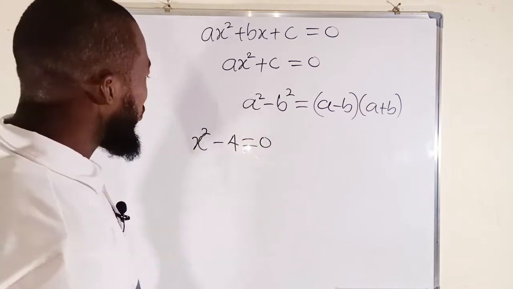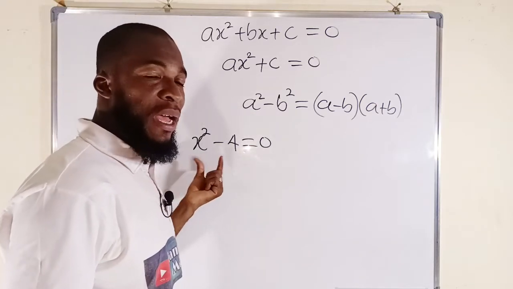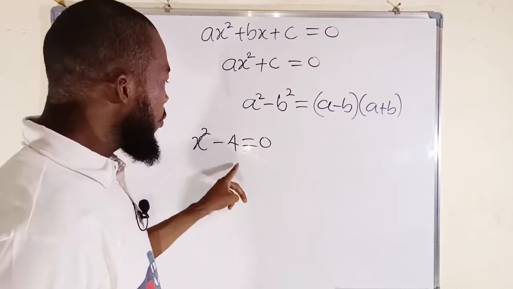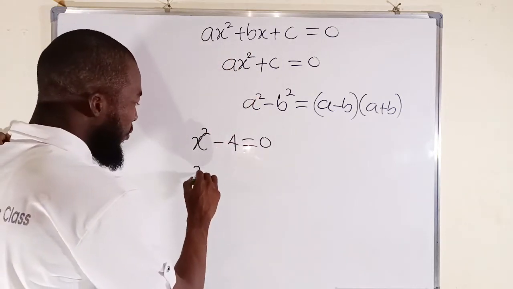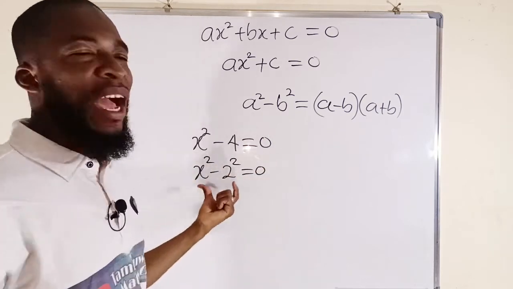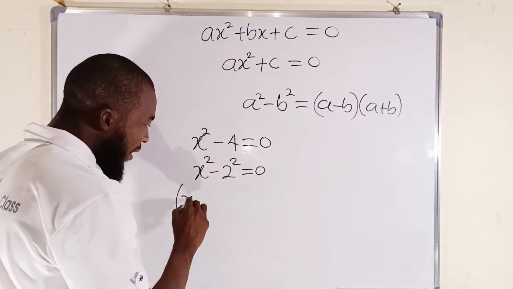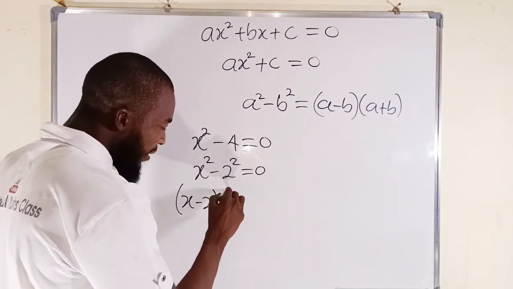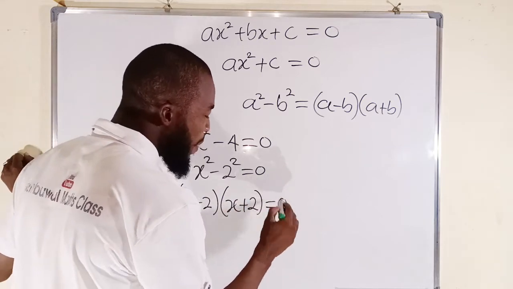I told you we want to solve a binomial which has the leading term and the constant term. You know 4 can be expressed as 2 squared. Therefore, we can write this one as x squared minus 2 squared equal to 0, which is now a difference of two squares. We can factorize them as x minus 2, right, multiplied by x plus 2 equal to 0,